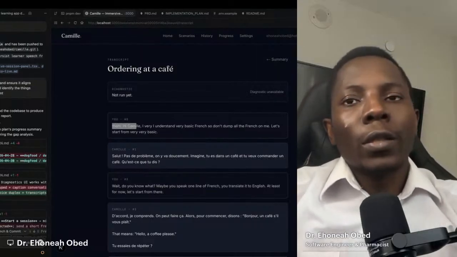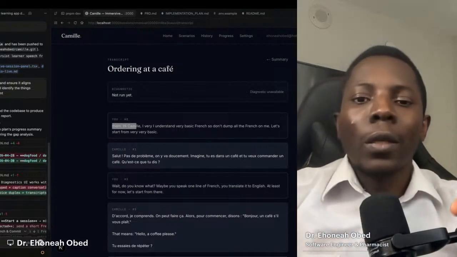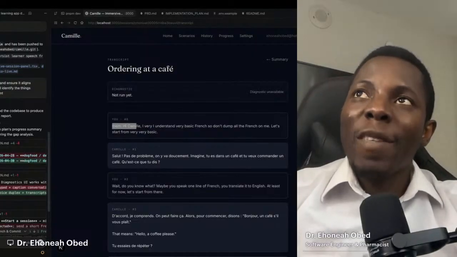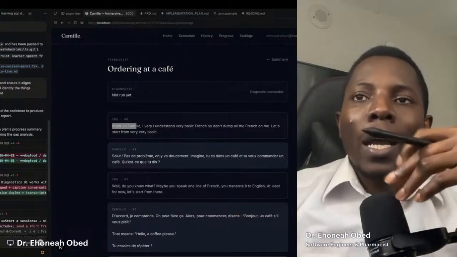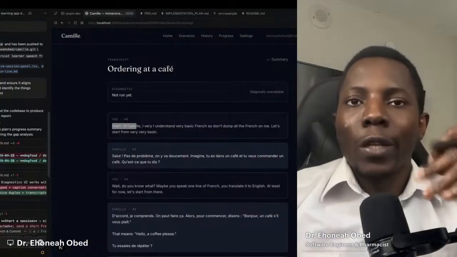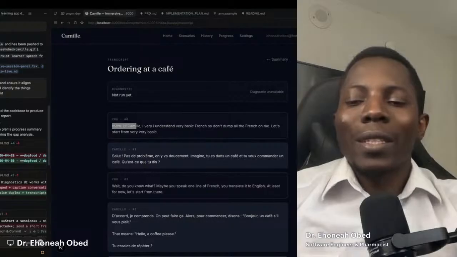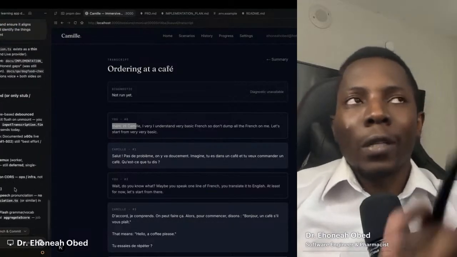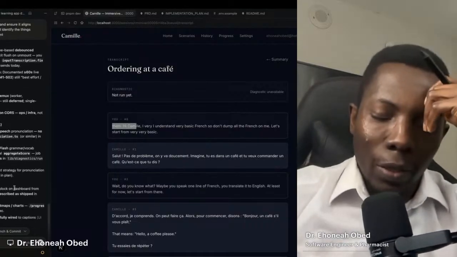But the goal is so that we can run the diagnostic on how the person is speaking and give the person feedback on how they speak the language. Ideally, it would have been so cool if it was real time. When you speak, it gives you that feedback. But that would also disturb the flow of learning. It's very annoying, especially those of you who learned how to speak English.